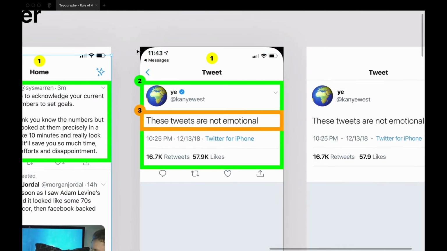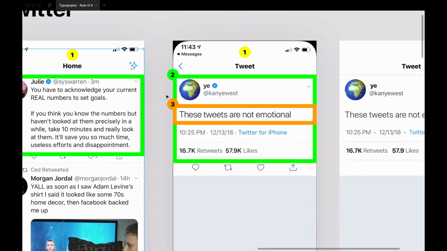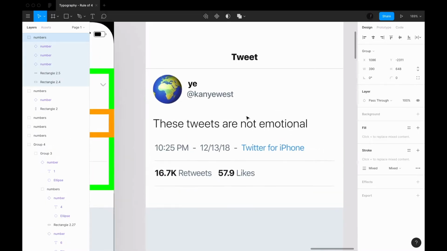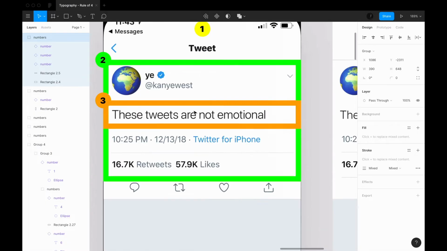And again, if you drill down, you've got your title, the same exact size for the name and the username. And actually all of this right in here, all of this is the same size, the secondary size, and then you've got a slightly larger body copy for the detail of that tweet. And just to show what I'm talking about, I recreated